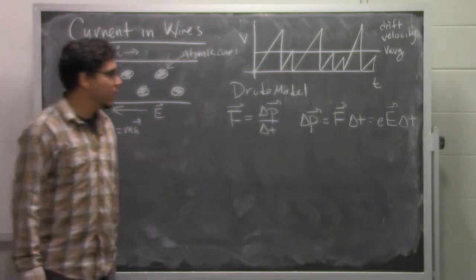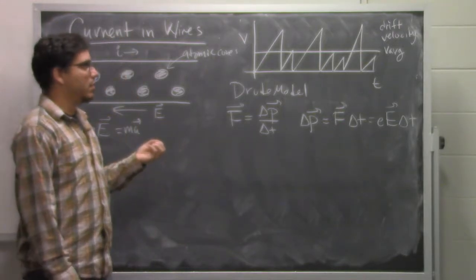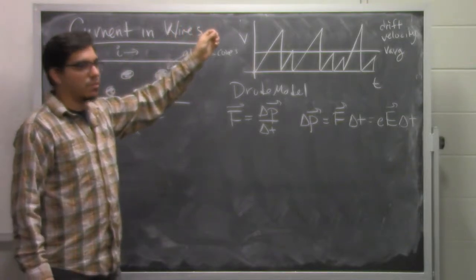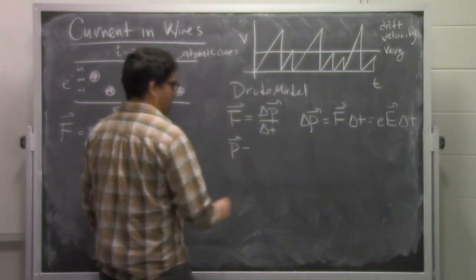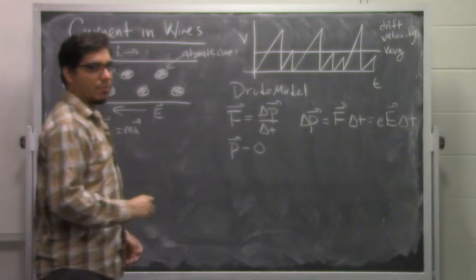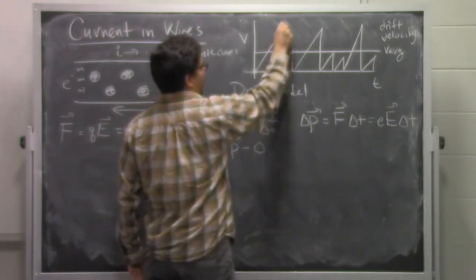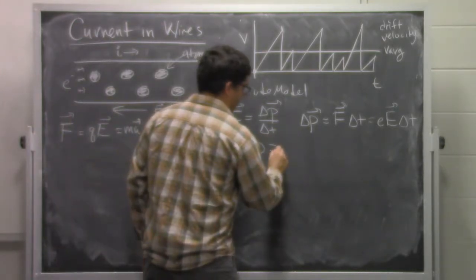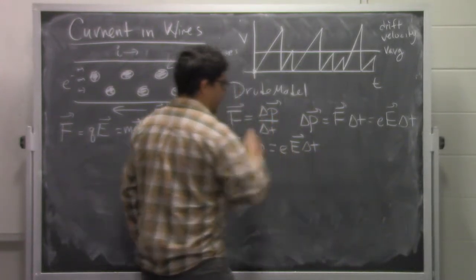time. Okay? So in this model, we're going to make the assumption that our electrons start from rest. They are accelerated up to a point, that is, their momentum changes, and then it crashes, right? So what happens is they develop some momentum, but then when they crash, or when they start from rest, they are starting from zero momentum. So you can think of it sort of as modeling these 2 points, right? They start from zero and then they achieve some final momentum and then crash. And so that's going to be directly related to the charge of the electron times the electric field times the